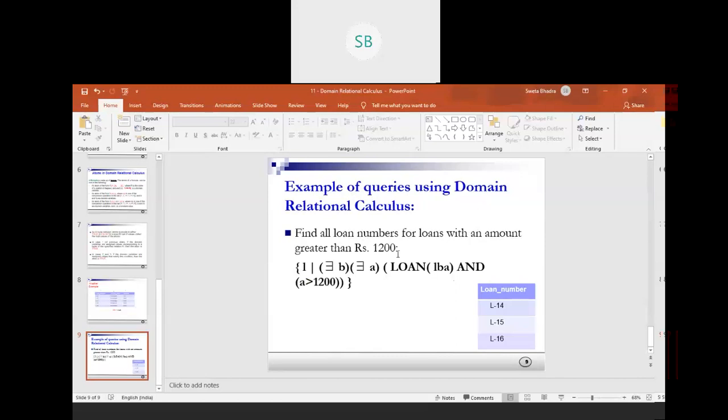So we add this with a logical operator, and normally we are referring to this A as the amount, which is greater than 1200. Then we close this condition. So this loan is now closed and the entire table is closed.